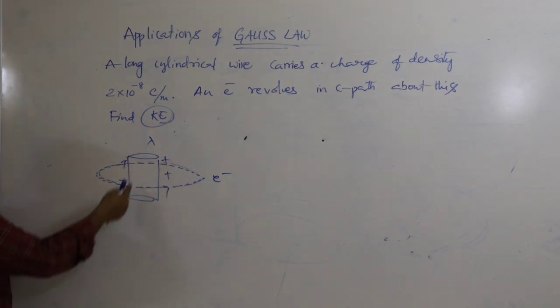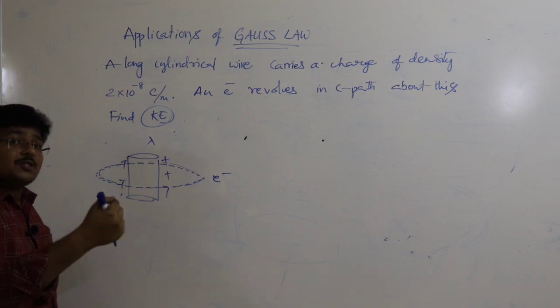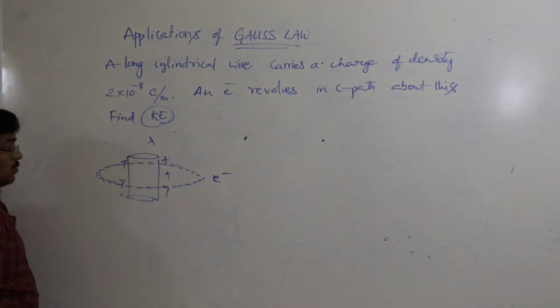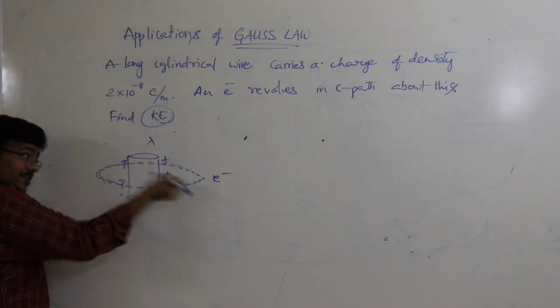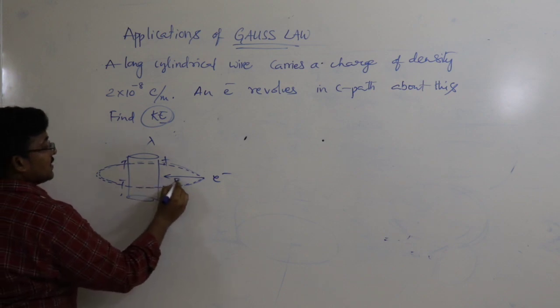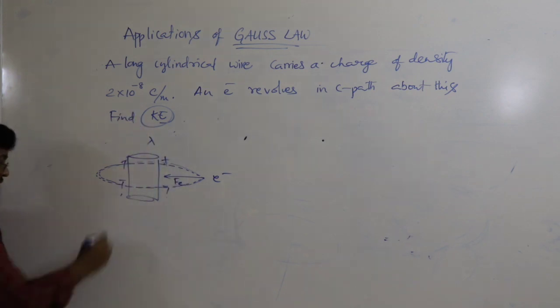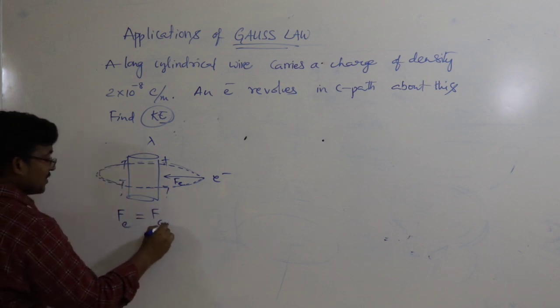And you know that to move in a circular path, centripetal force is required, which is always towards the center. Now here, due to this plus, the electron is minus, so attraction is there. So this attraction will be there. So this is the electric force. So this electric force is acting as the centripetal force.